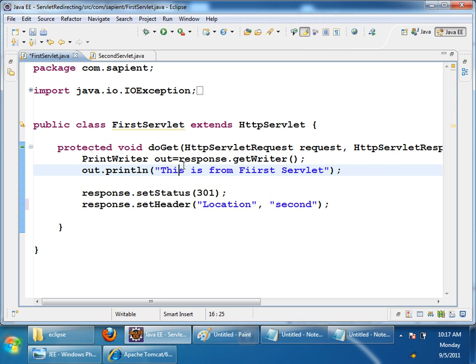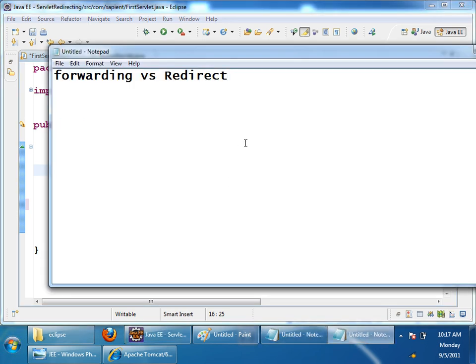Remember, let's assume there are two web applications in my Tomcat, application A and application B. In application A, let's assume there are two servlets, /f and /s. In the second application, there are two servlets with URL patterns /x